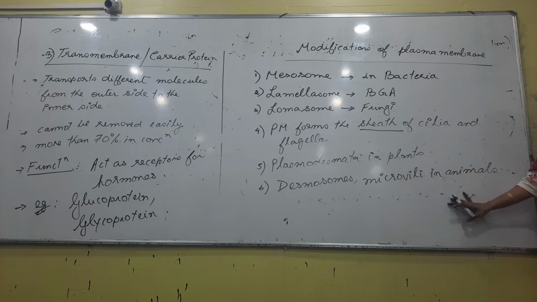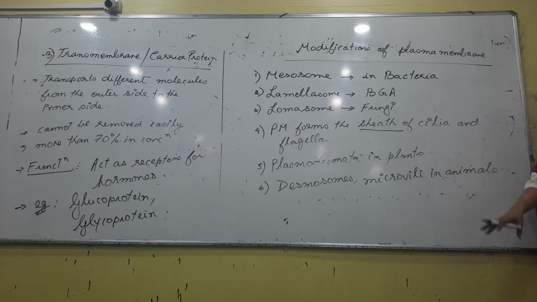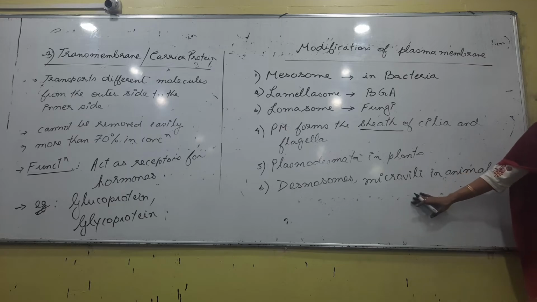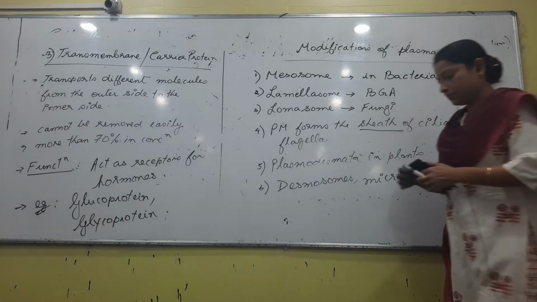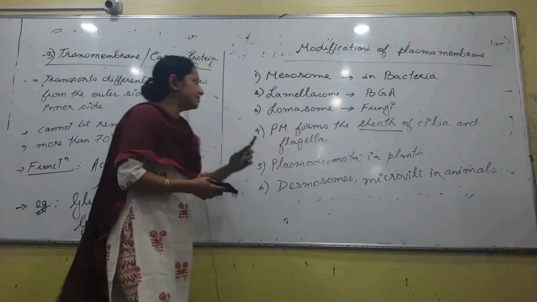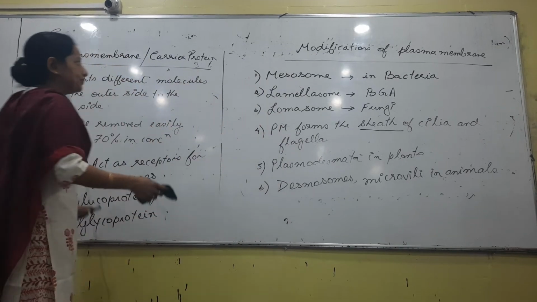in case of animals. Since plasmodesmata is present only in case of plants, such a type of structure should also be present in an animal cell, right. We have certain things called junctions, right, and certain things like desmosomes and microvilli, which are formed by the plasma membrane. Nothing in details. Out of this, maximum question has been asked about this only.